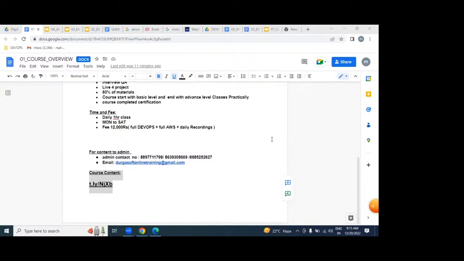Solution architect. In AWS, we are going to learn three ways. Totally there are four ways, but we are going to discuss only three. First, graphically. Second, CLI commands.